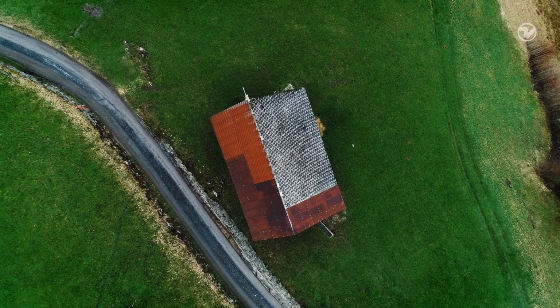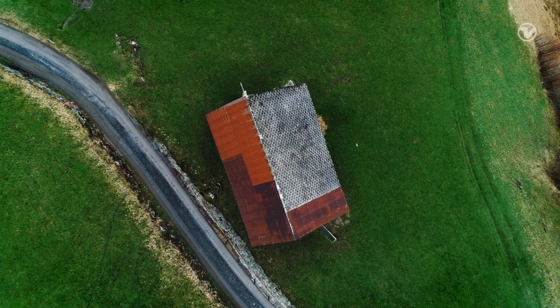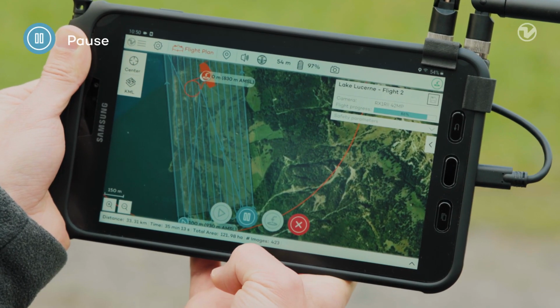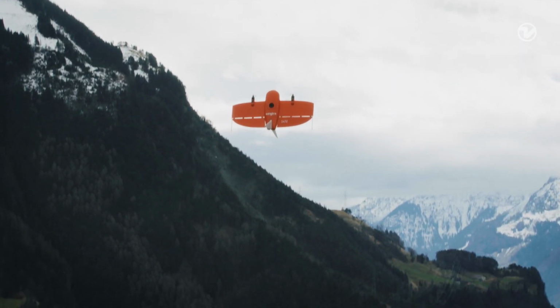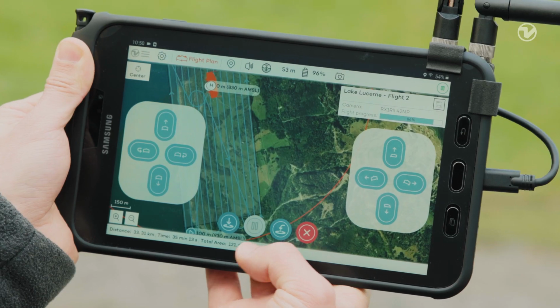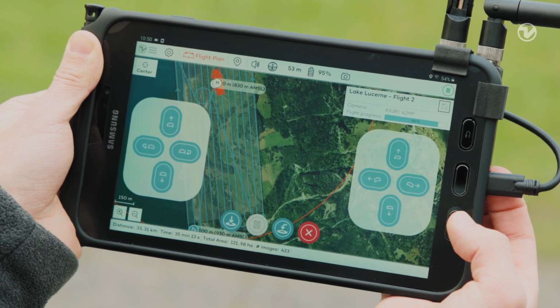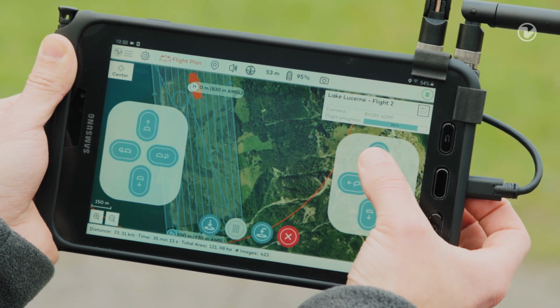If something is in the way during the automated landing, you can take over and land manually. By pressing pause during landing, you cause the drone to stop mid-air and hold its position while it is waiting for your next commands. With the right side buttons, you can command the WingtraOne to move forward,